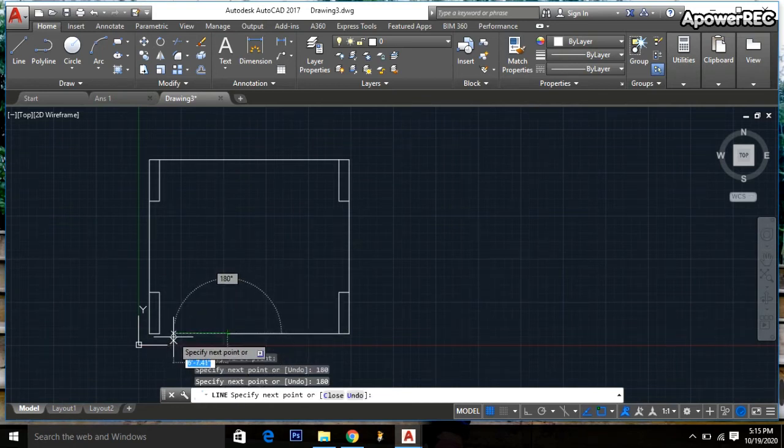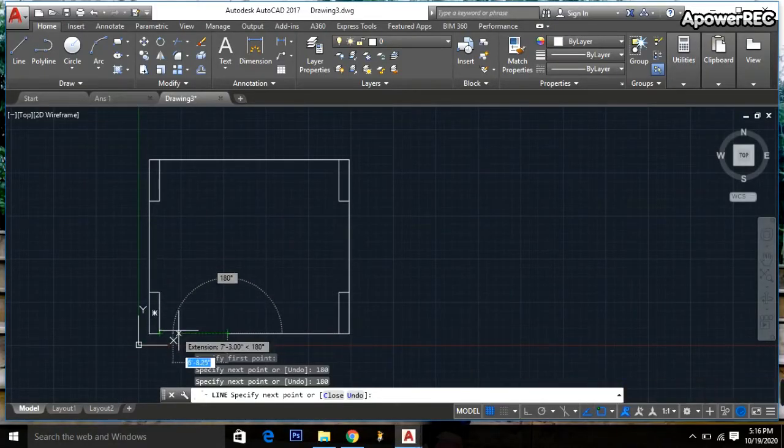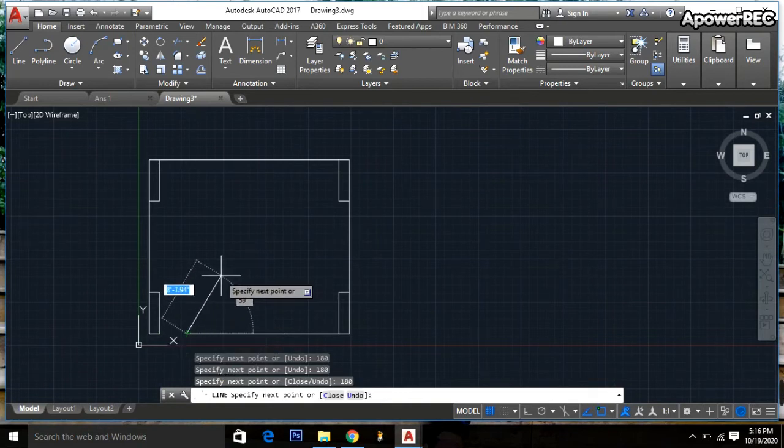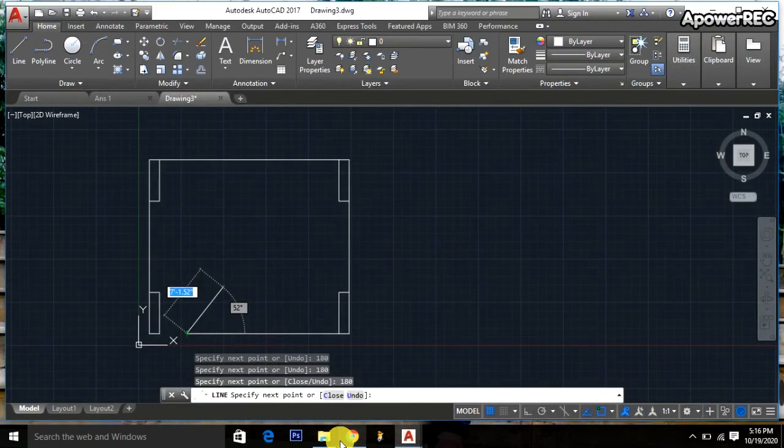Then the rest of the part will be 60, tab, 180 degree, and the door dimension, as given, will be 40. I mean generally 3 feet and 4 inch, so 36 inch and 4 inch, total 40 inch. So I am taking up to this, it is done.